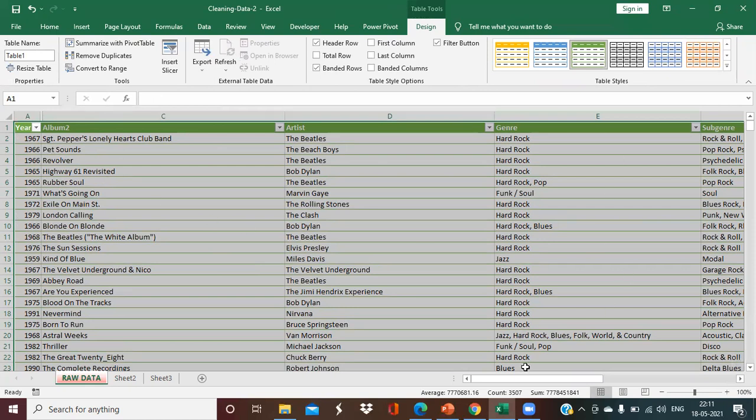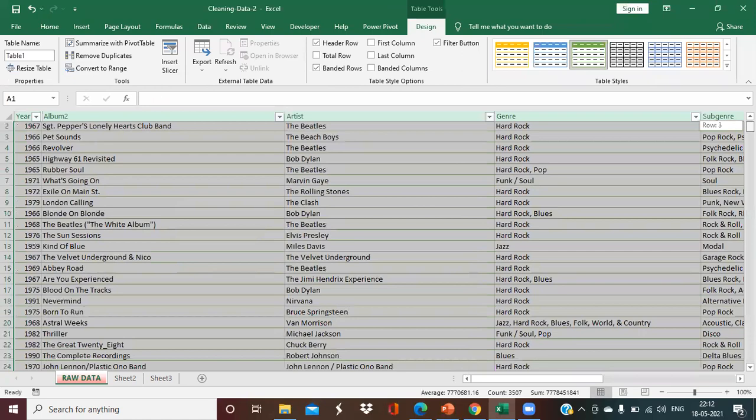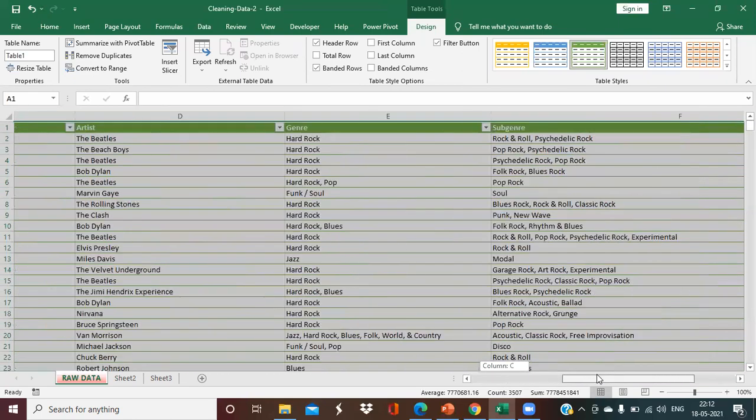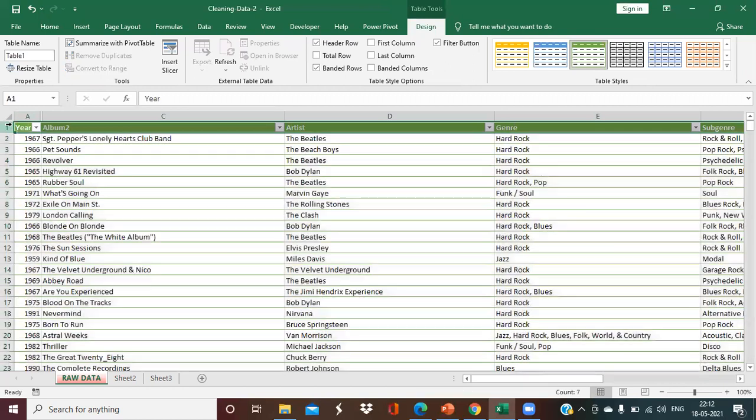The range has been converted into a table. We can go down below and see that it has totally been converted into the table range. But I don't want the filters to be applied to my table. So you can go to the Design menu bar in your table options and remove the filter button.